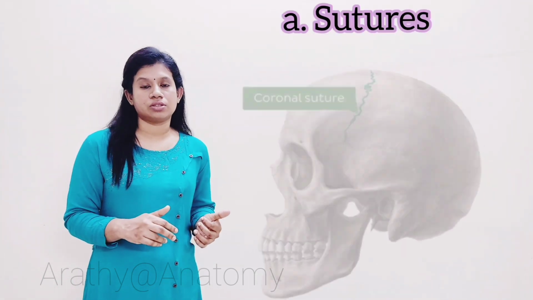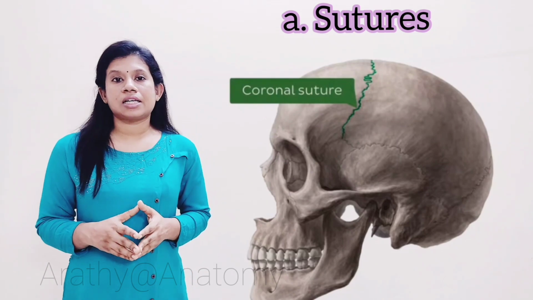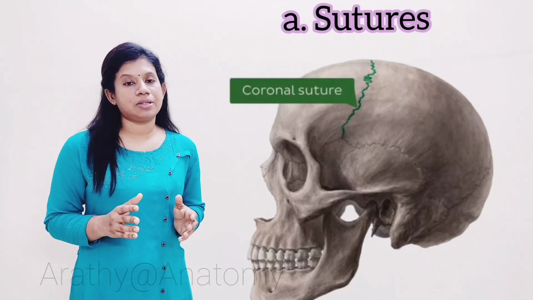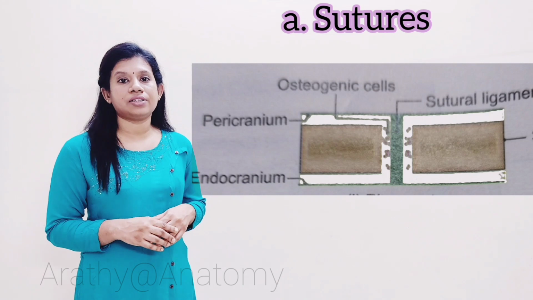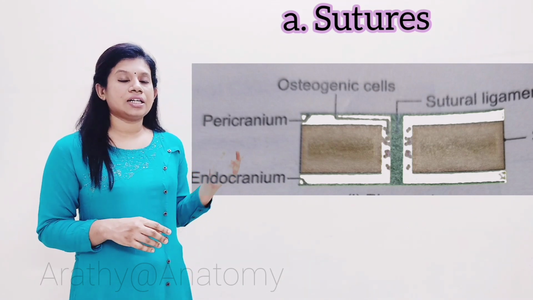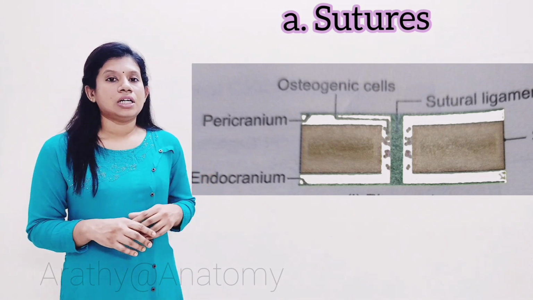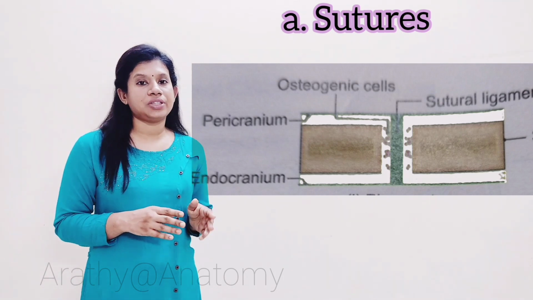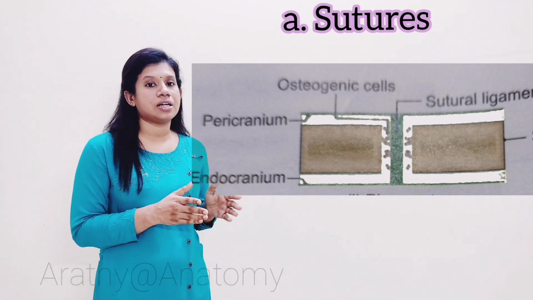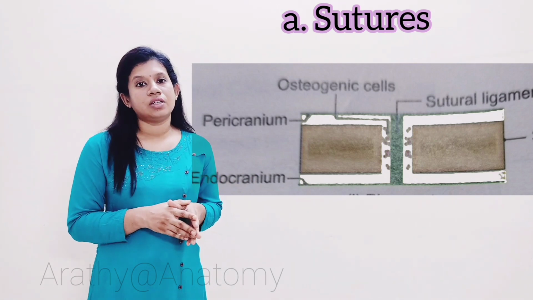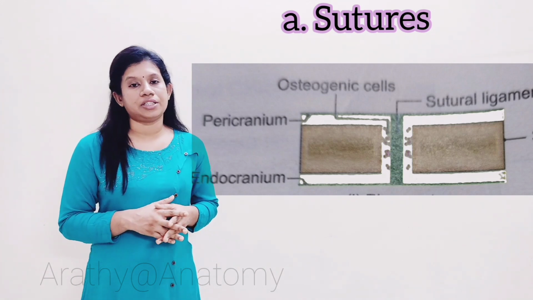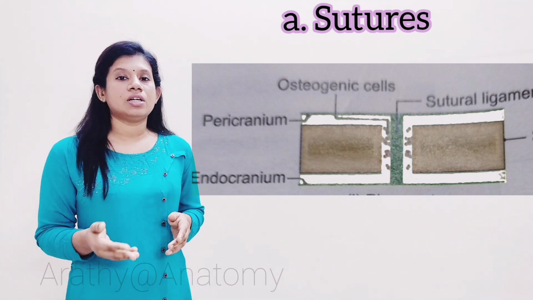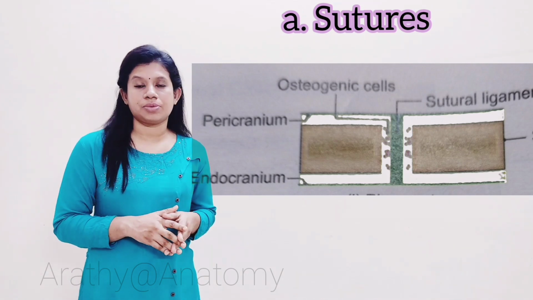We'll see what sutures are. Sutures are present especially in the skull. The two bones are united by a fibrous connective tissue. The sutural surface of the bone mainly consists of cells called osteogenic cells, which are continuous with the capsular layer, which again continues with the periosteum. The area between the bones decreases with age so that the sutural surfaces come opposite to each other. Later the sutures undergo synostosis and get obliterated. Synostosis means the fusion of the bones, especially due to the growth of bony substance.